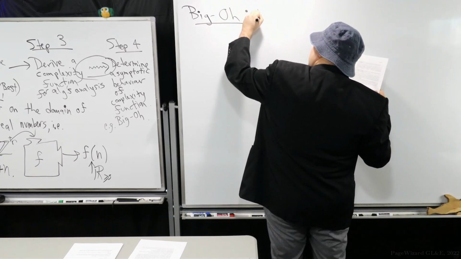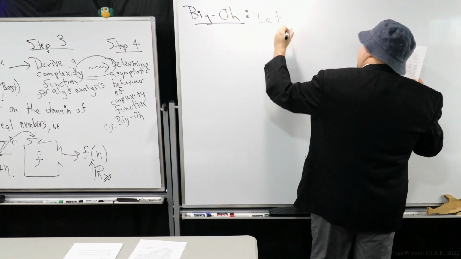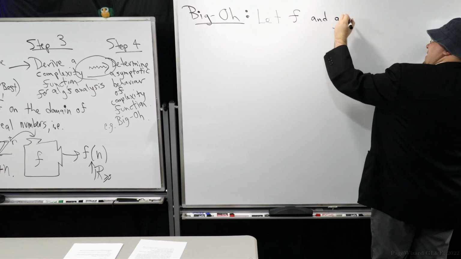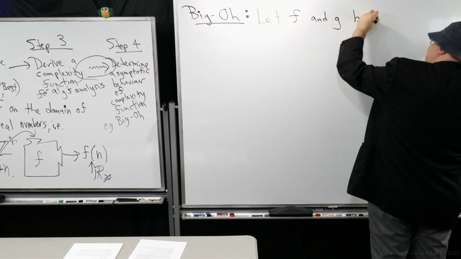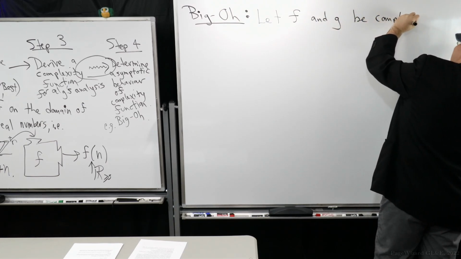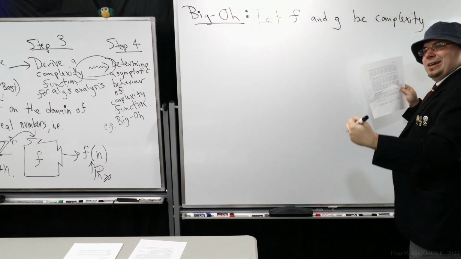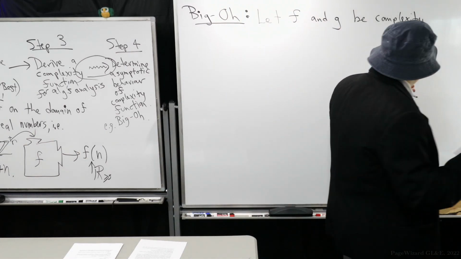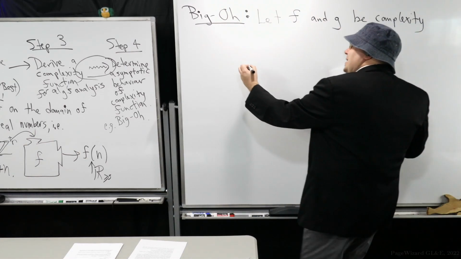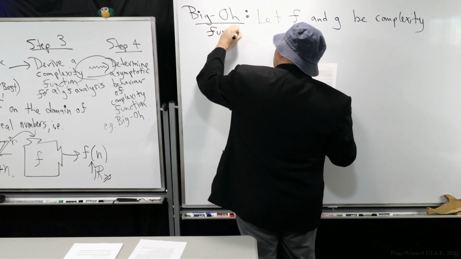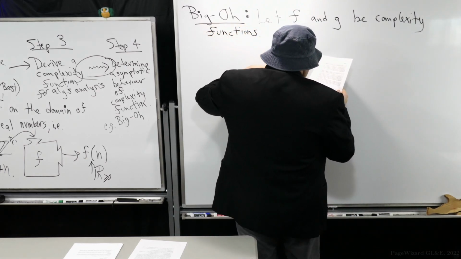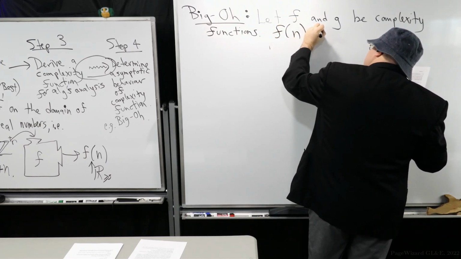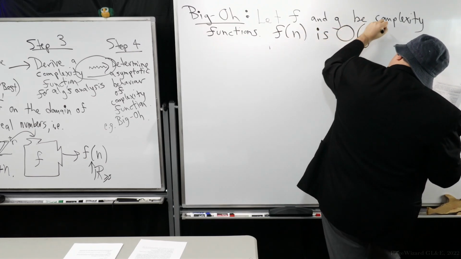So when we talk about what a complexity function is, I'm going to let f and g be complexity functions. And I assure you I'm going to draw some pictures and have some fun demonstrations here shortly. So let's get into it. So f and g be complexity functions. So when I write f is Big O of g,